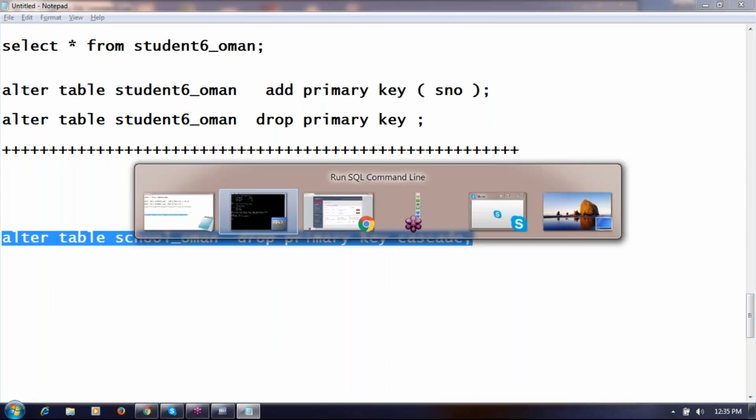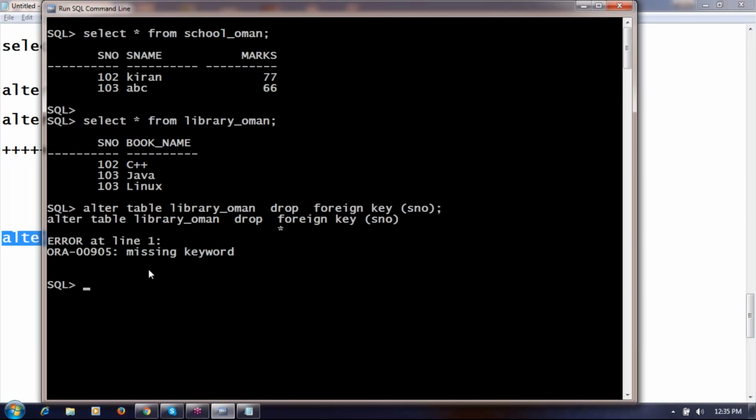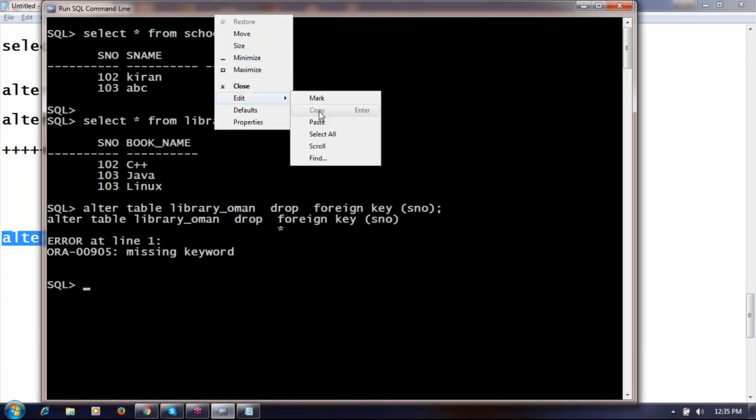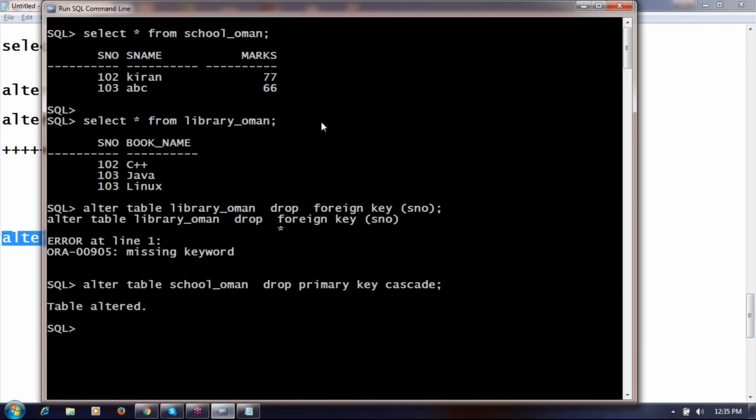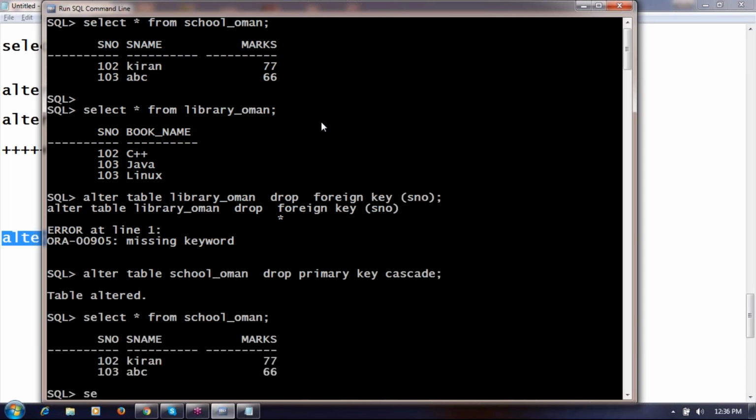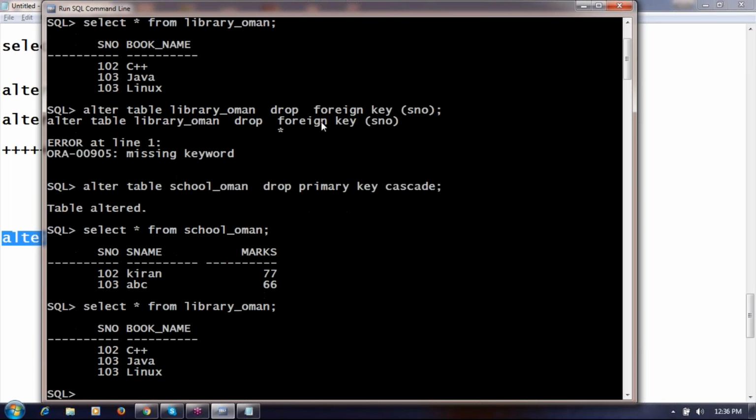Without disturbing the data, yes. Now you can see the data, there are 2 rows in the parent table and 3 rows in the child table. Table altered. Alright, data is not disturbed, but the primary key is removed and the corresponding foreign key is removed. Shall we try to insert 108 in the child?